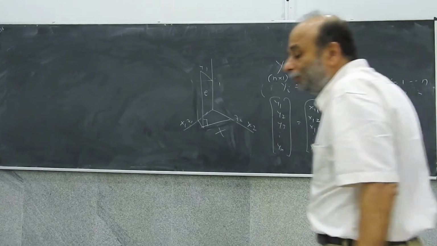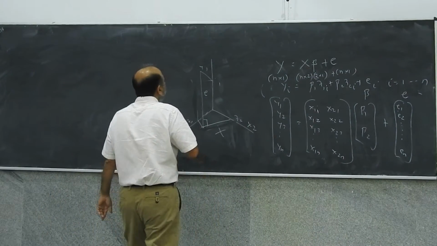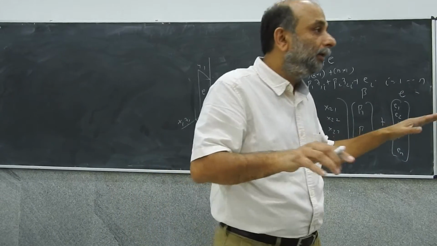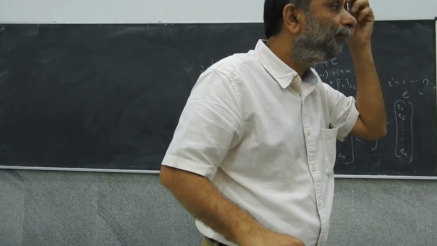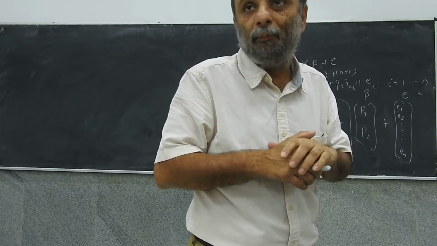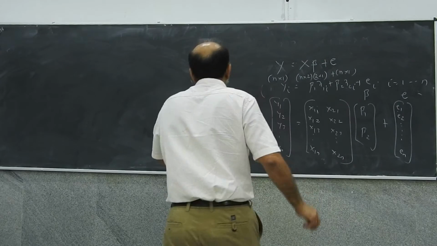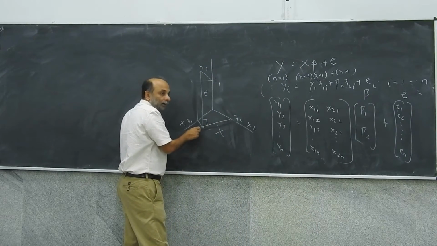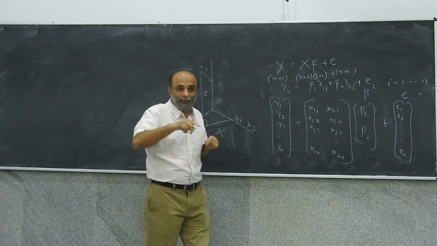Okay. Now what we want to do is ensure that X and E are perpendicular. That is what will give us the beta values. X and E are perpendicular. That is what will give us the beta values, right? How do you determine the beta values? By dropping a perpendicular from Y to X, and finding beta 1, beta 2 like that.